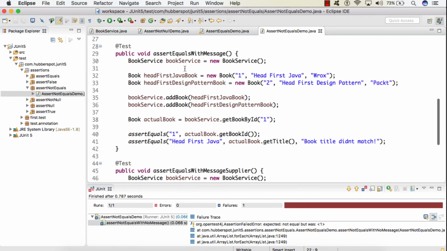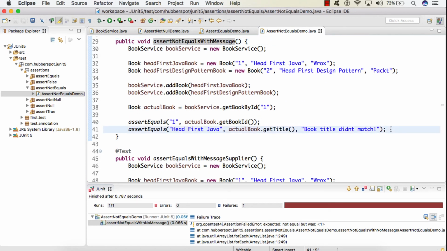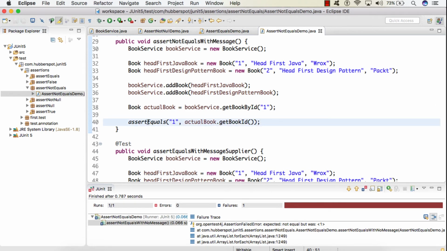Now let's see the assert not equals method with a message. So here the scenario is exactly the same as what we saw here. So I will just remove this part. And here I will be calling the assert not equals method, where the expected value is what I am providing as 1 and the actual value is actual book.getBookId, which is getting returned from the getBookById method.